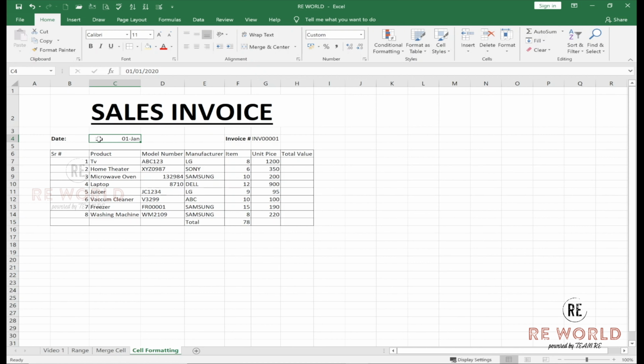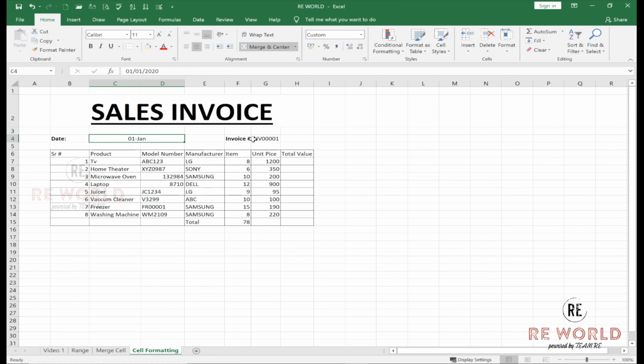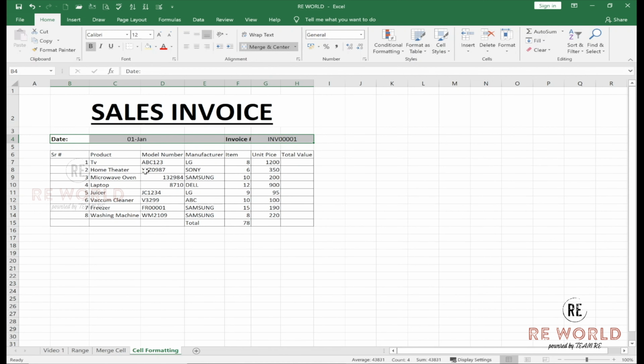This is the date cell. Let's merge it between two. Merge it and give it a bottom border, and we can make it a little bigger to give it a good look.